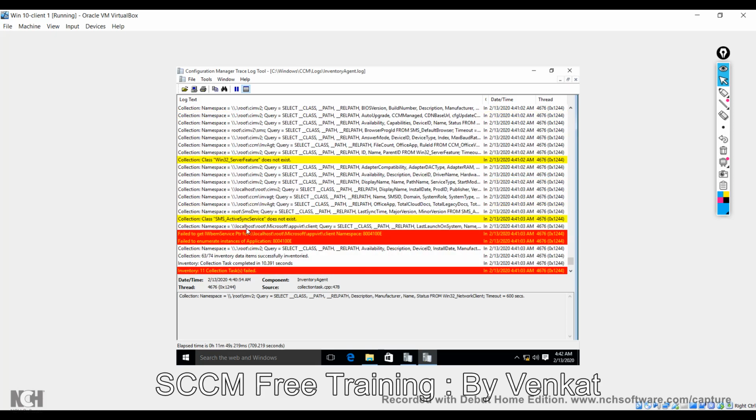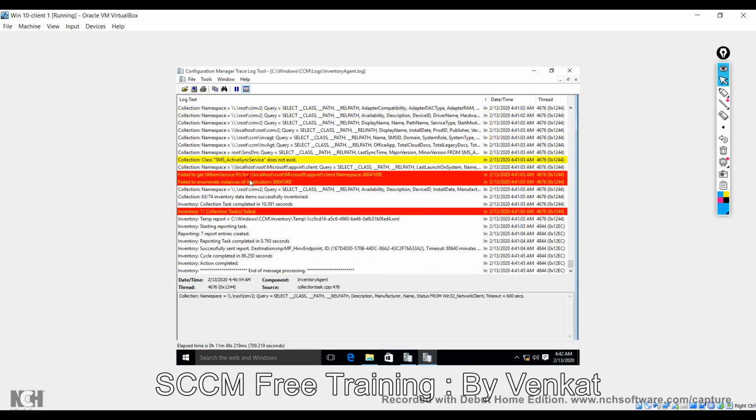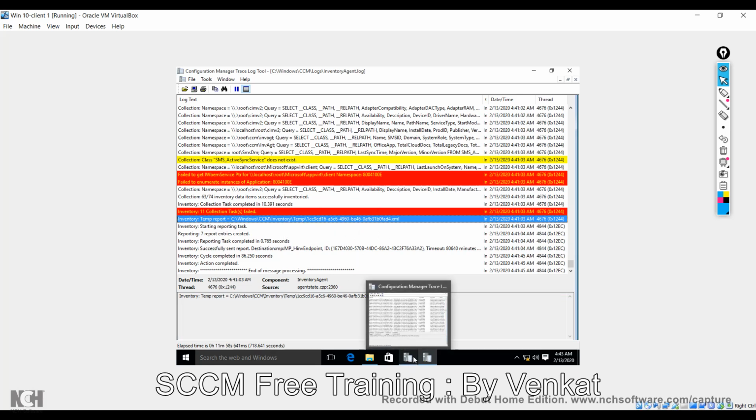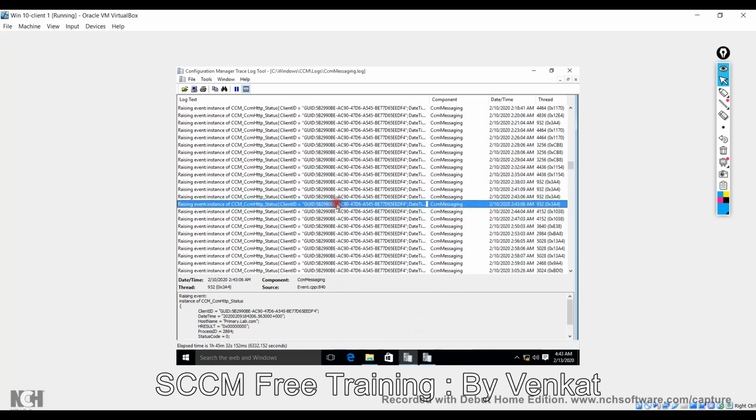Once it is completing, it's running, keep running. Good, it's completed here. See, it's completed, and it sent the report also. Send to report where? Remember this one, 3AA2. It's sent to the MP hardware endpoint. Destination point successfully sent. Good. And you can see the XML file also here, CCM inventory temp. So it created an XML file, and if you go to your CCM messaging,